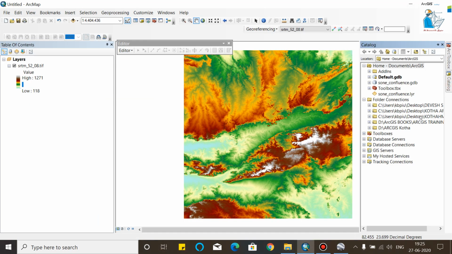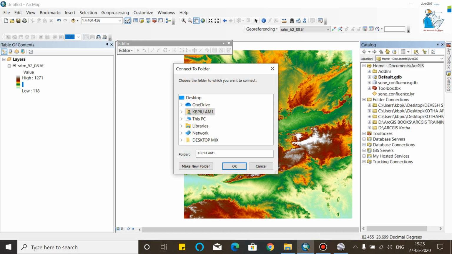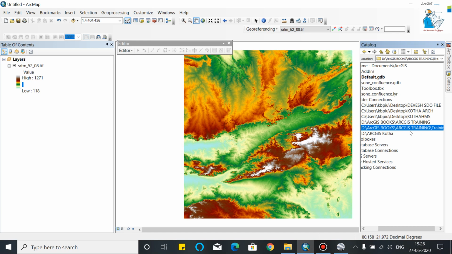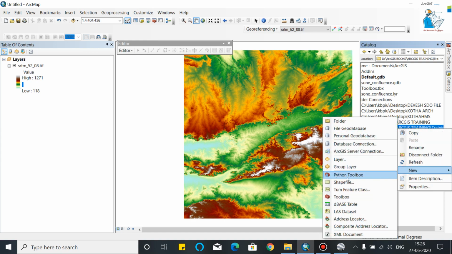Now we will add the particular folder. As you can see, the folder is now added. Now right click on this folder and go to new and create a shapefile.